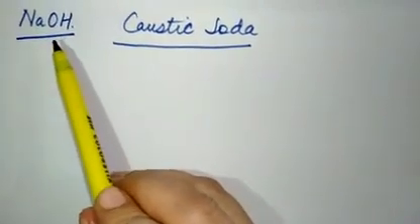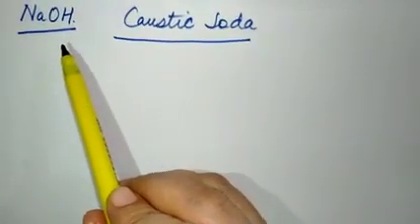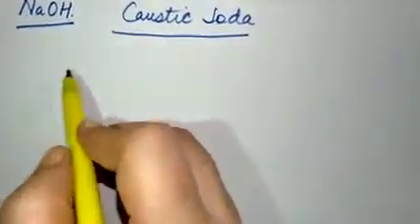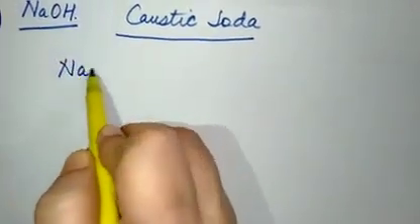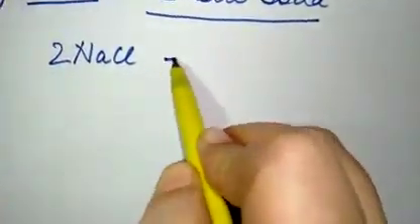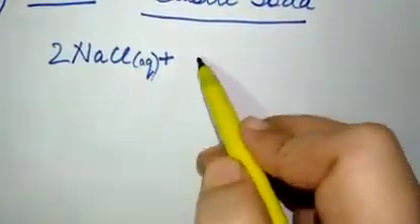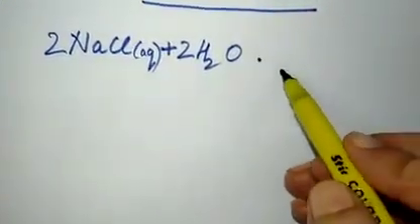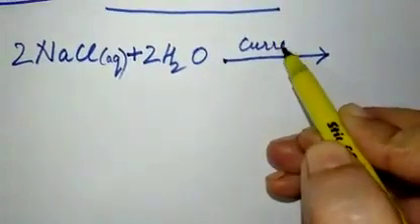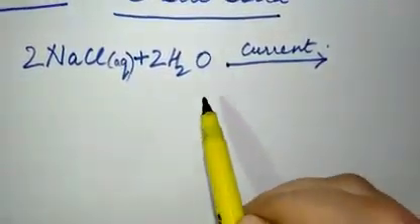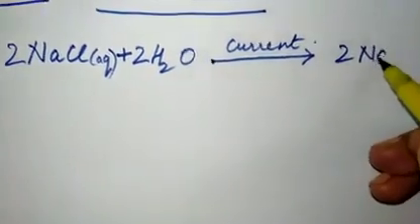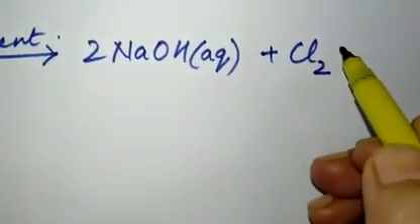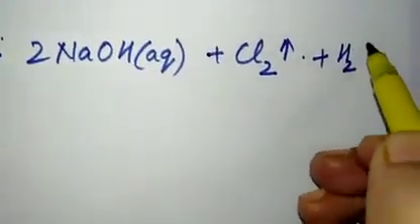Now how is it made? It is made from, manufactured from sodium chloride. Now how is it manufactured? Let us see the reaction first. This is sodium chloride plus, now this is aqueous solution of sodium chloride plus water. Okay, aqueous means naturally sodium chloride in water. When electric current is passed through sodium chloride solution, aqueous solution, then sodium hydroxide, again this is aqueous, is formed, and chlorine gas is evolved, and plus hydrogen gas is evolved, right?